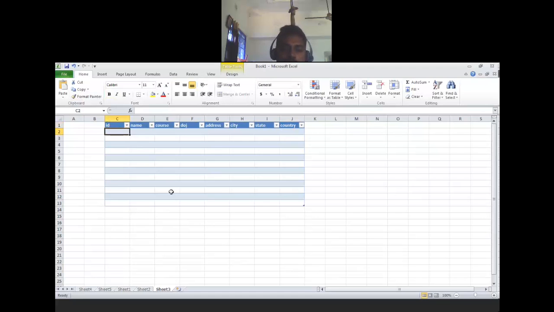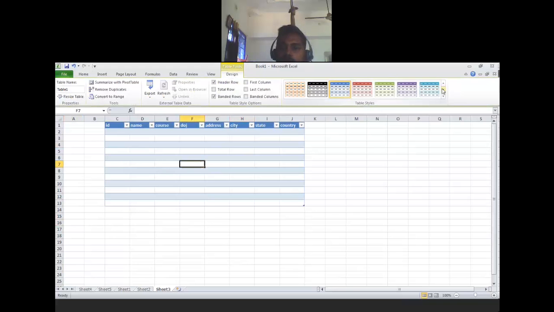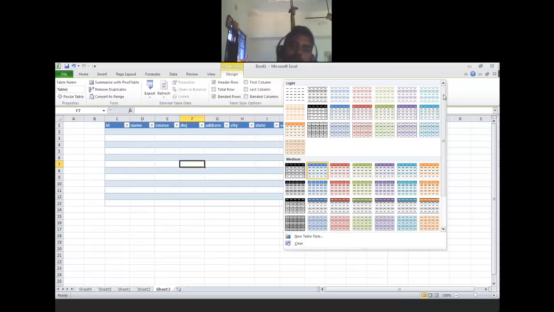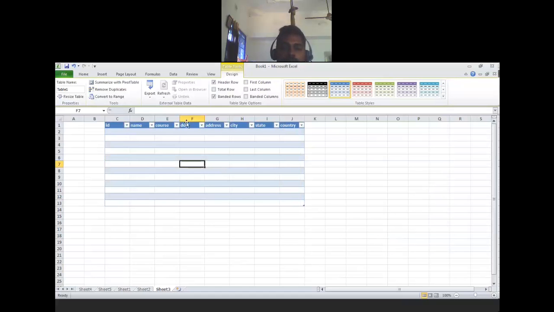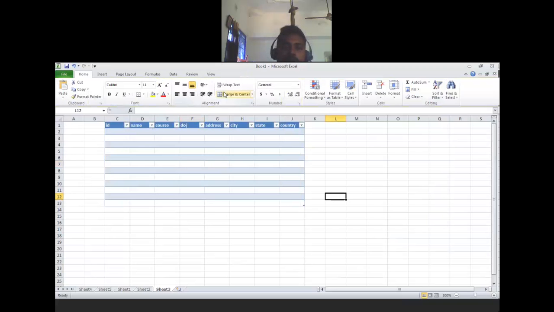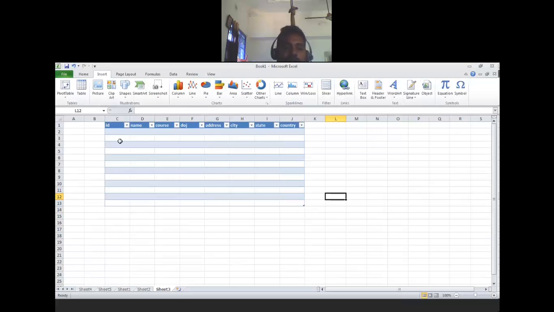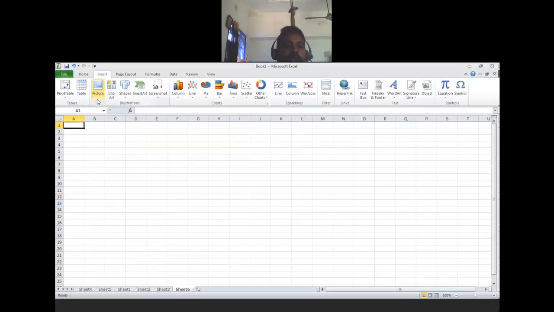As soon as you insert the table, you will get one more option, Design. Wait one minute. Click it, and the design options will come. Look here, so many varieties. I think you can see the first one, I'll go through the details for you. Whatever color you want, you can fill it. As soon as you insert the table, all the menus will come. Otherwise, if you click outside, you won't get the Design tab. That's only applicable to tables. That's a table. I hope you understood.